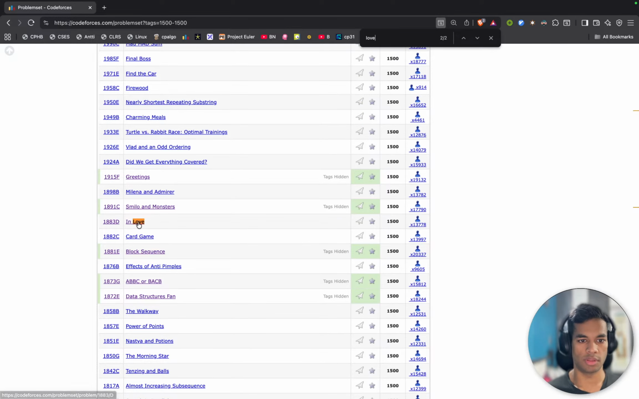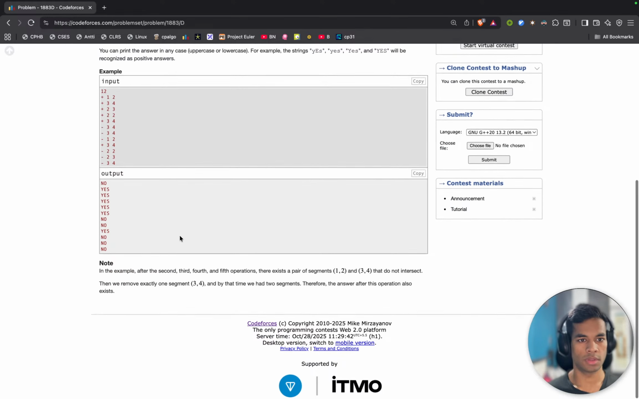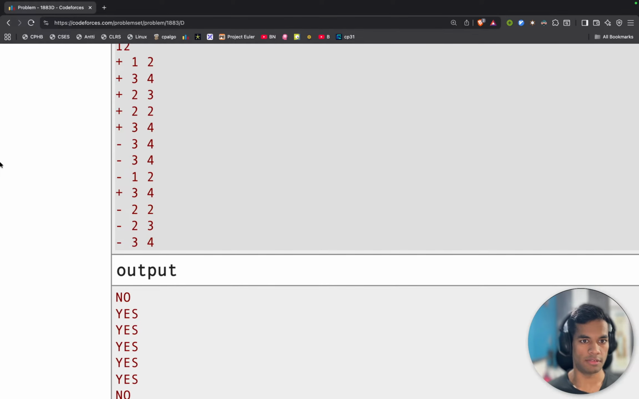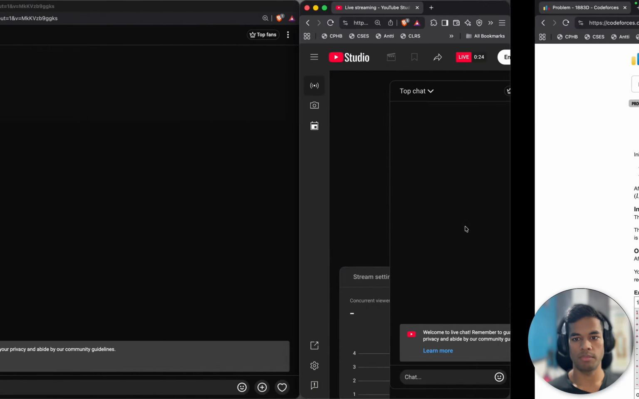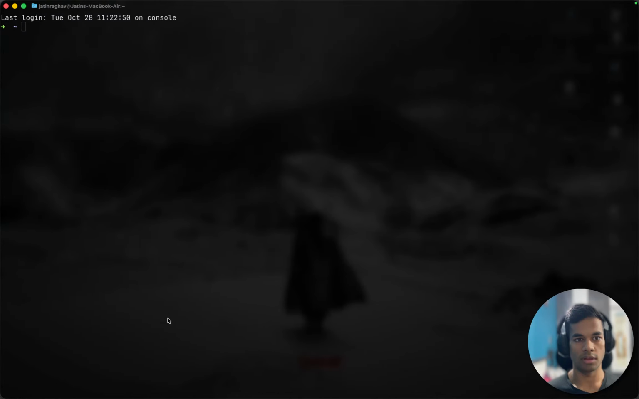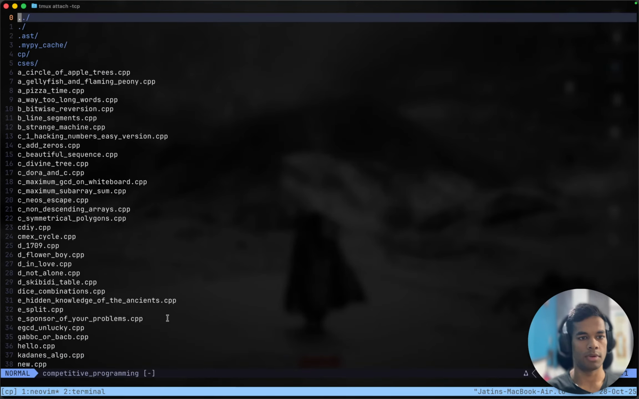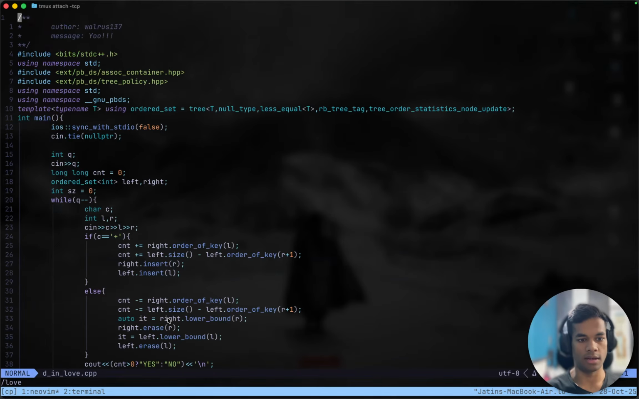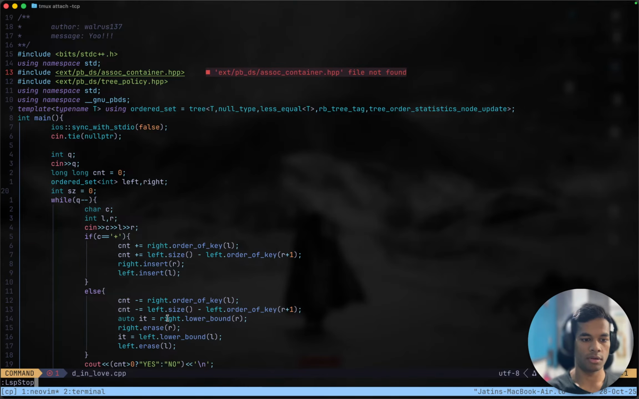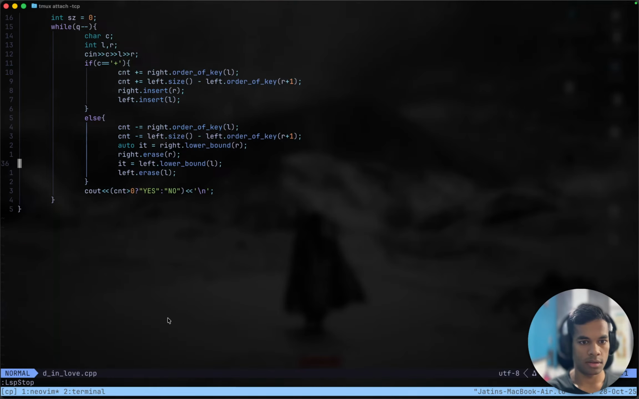Yeah, in love, this one. Yep, this is the exact question. And the problem that we were facing here was that here, if I start Emacs, attach CP target, and start in love. Yeah, this one. Here we are using a policy-based data structure, and this step